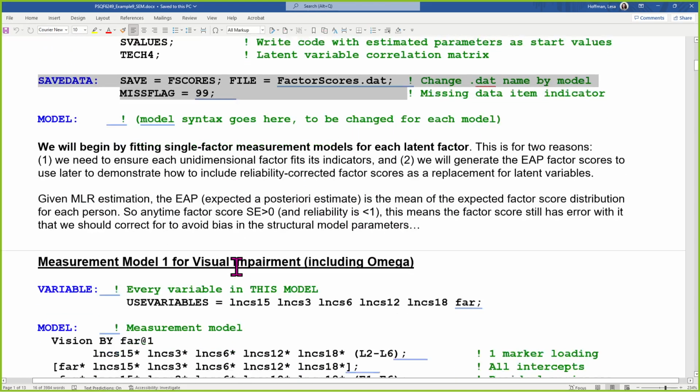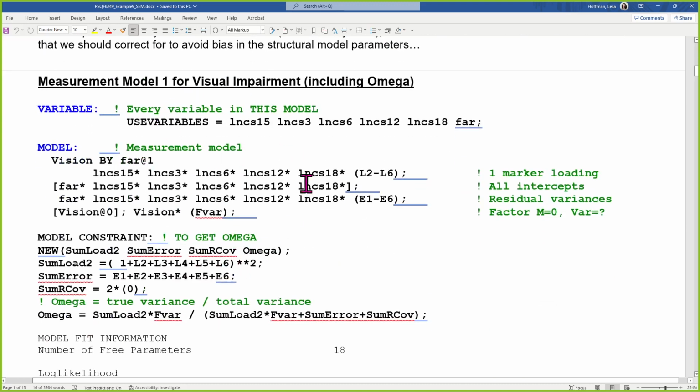All right, so first model, we're running through just the measurement models because that's what I would do in practice before going to the giant SEM. So the first